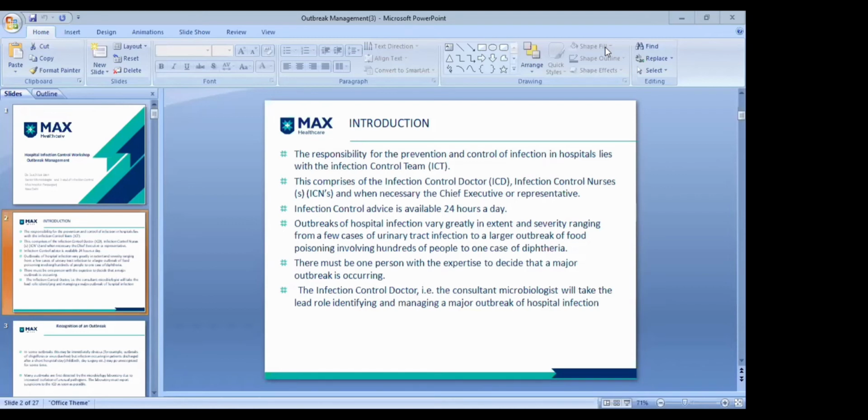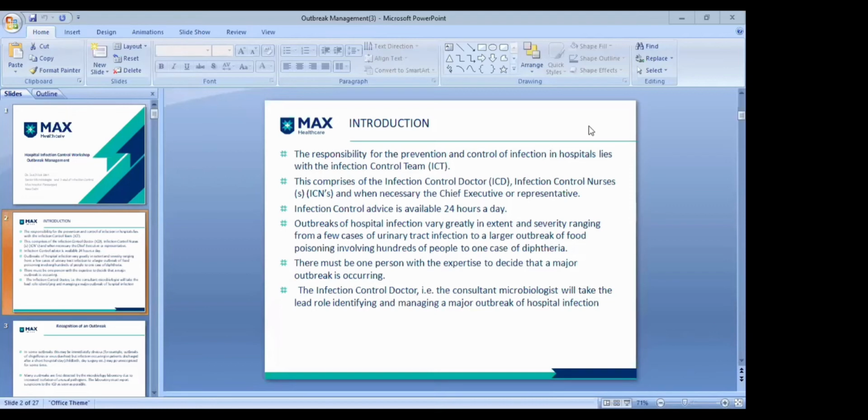So coming to the topic of hospital infection, a very important topic, especially when we talk about COVID, that is outbreak management. Initially, outbreak management was said to be only for areas where an outbreak of some microorganism had occurred. I have seen an outbreak in my NICU, that is the neonatal unit, of Pseudomonas putida. We had it 4 years back. I will share some good points regarding how we controlled that infection.